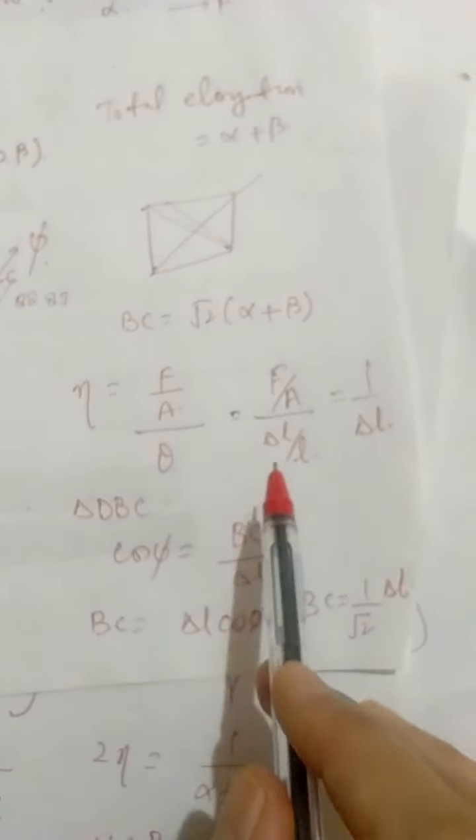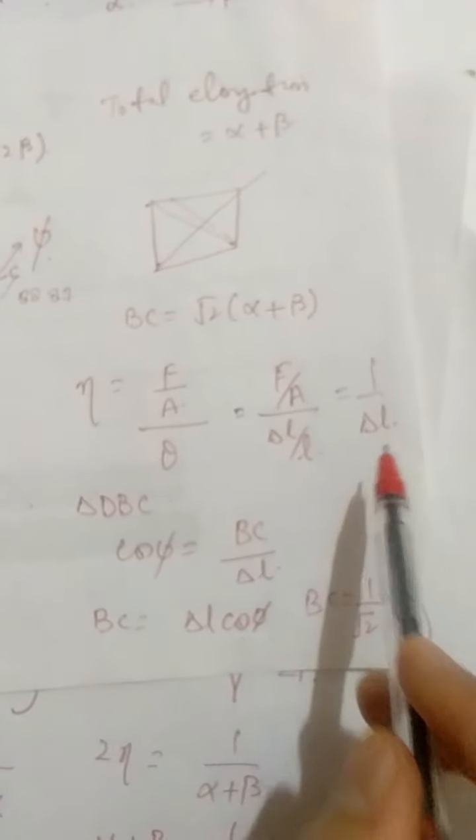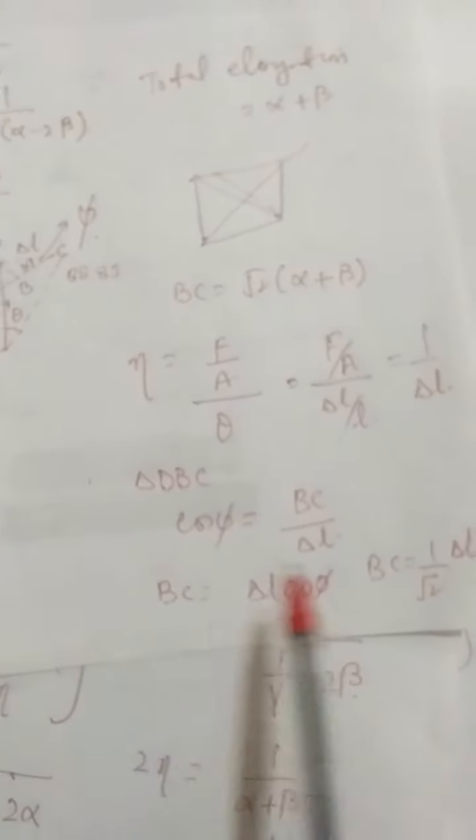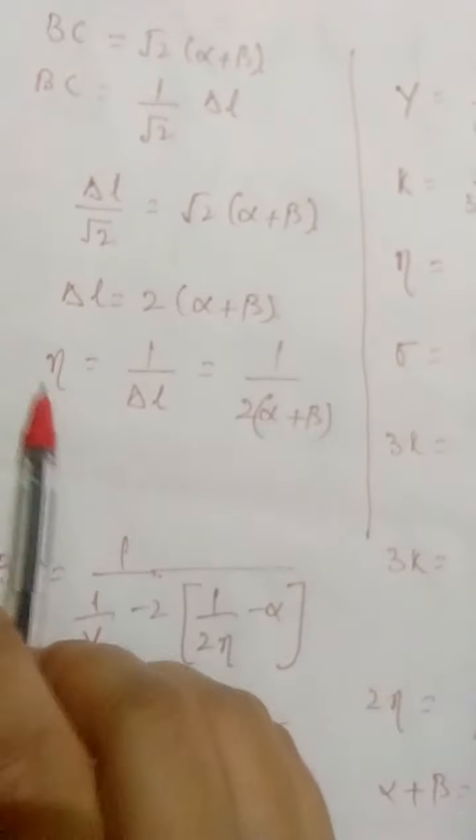Then we defined the modulus of rigidity. We put all the parameters equal to unity. We got just 1 by delta L. So our aim was to find this delta L. We found that by using these calculations. And once we obtained delta L, we got this neta, and then we could connect these parameters. So I hope it's quite easy for you to follow.